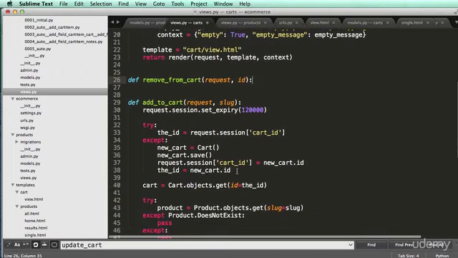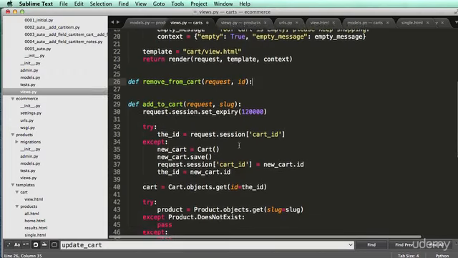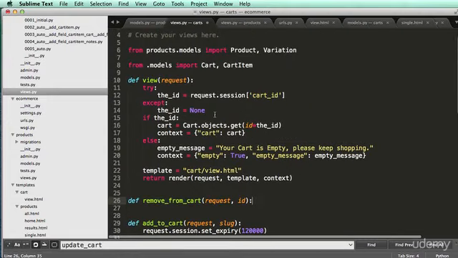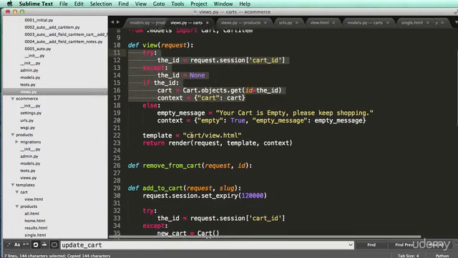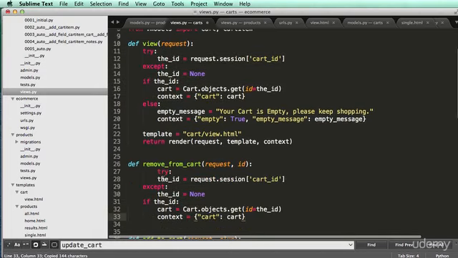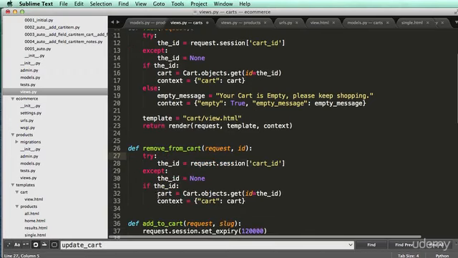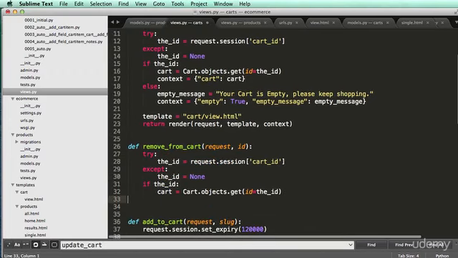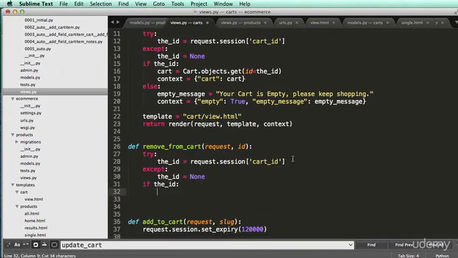We still need to get the cart itself, so we're not going to create the cart. It's going to be just like what we've seen up here. So the ID and if the ID, so all this stuff. So go ahead and copy that. I'm going to do try. All right, so now I'll actually leave this up here,